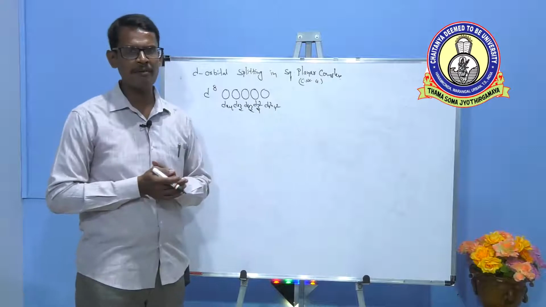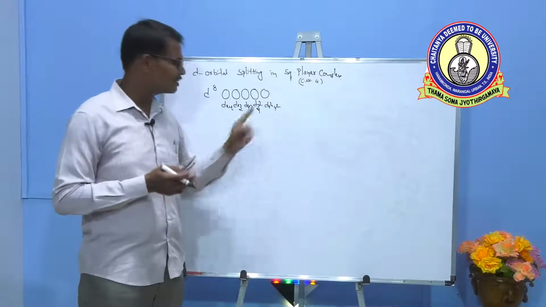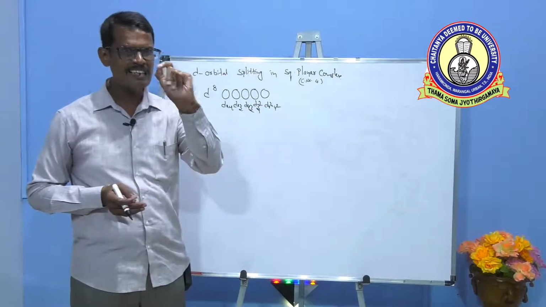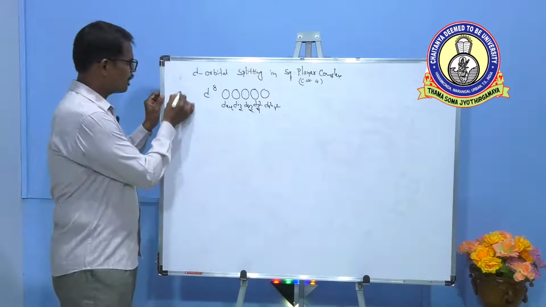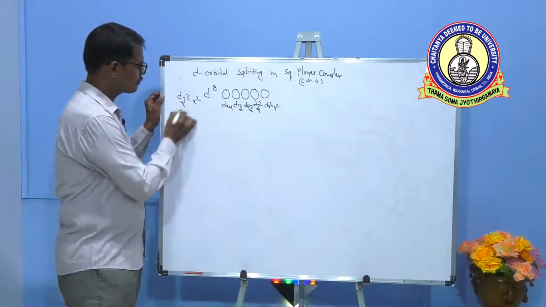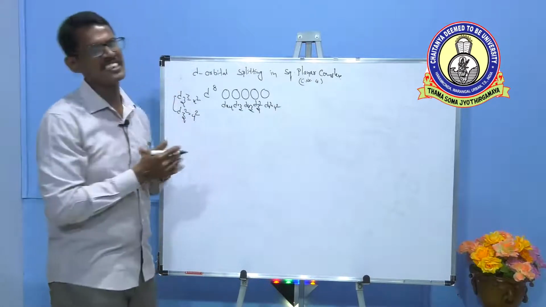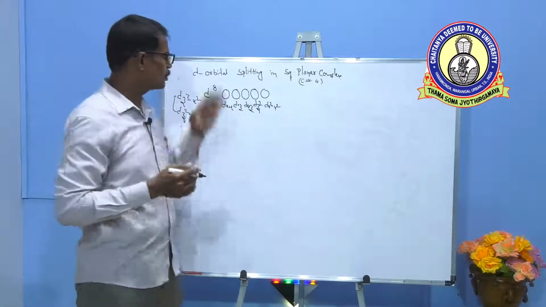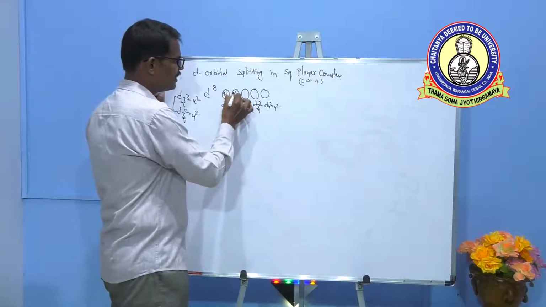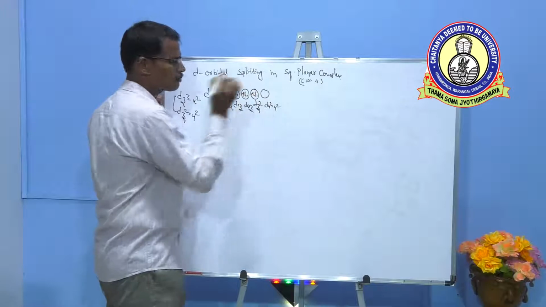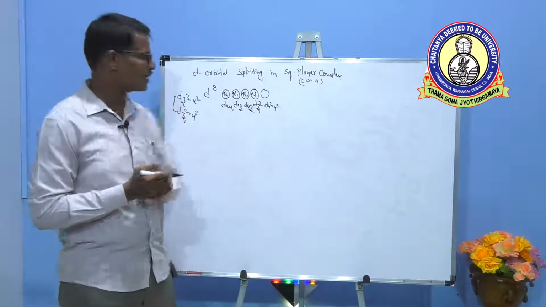All orbitals are the same energy, so we can write anything, but here compared to the remaining orbitals, the dz square orbital may contain slightly less energy. These 4 are atomic orbitals, but the dz square orbital is a linear combination of dz square minus x square and dz square minus y square. Combination of these two forms the dz square orbital, so slightly less energy. So 8 electrons are present. In presence of strong field ligands, the 8 electrons are paired in the first 4 orbitals. So there is no electron in the dx square minus y square orbital.